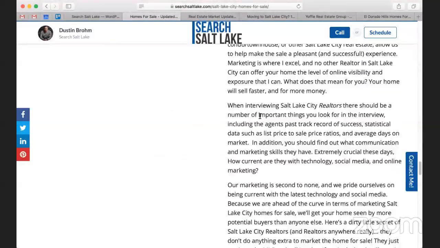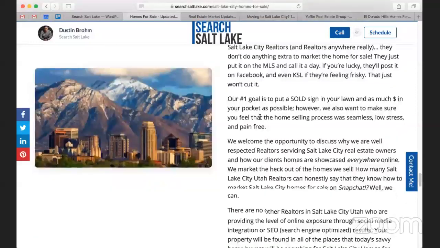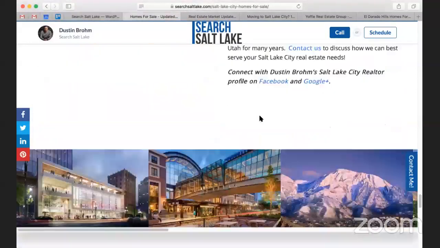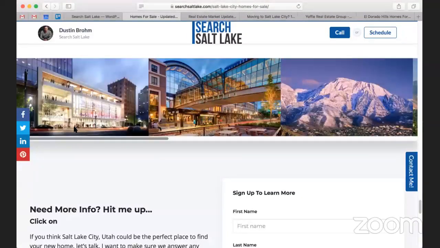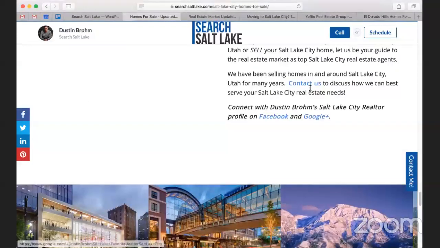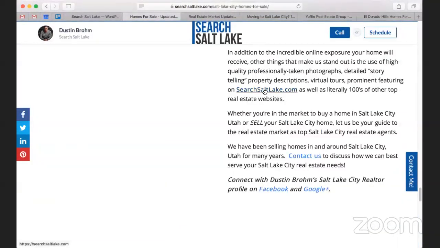And then why you should choose him as a realtor. So it's really just kind of basic information at the bottom. And then he has an image gallery down here too. So this is just an SEO bomb in every way, shape, or form. He's got a lot of links. He's got links up to the contact page, his Facebook, still has Google Plus on there, and then just back